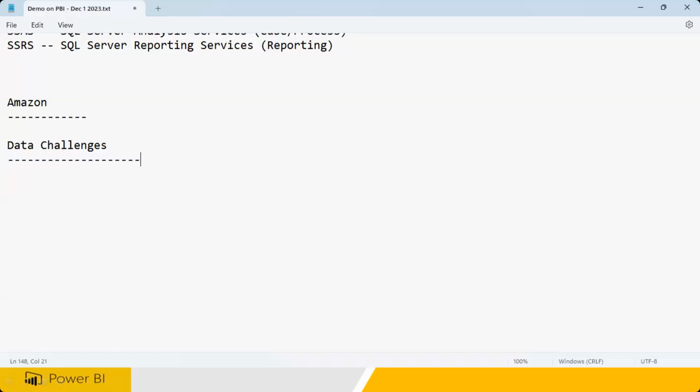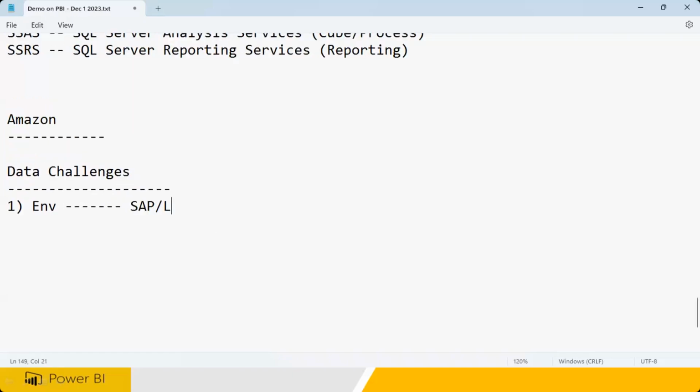So what are the data challenges I'm going to be talking about? The first challenge you will get is that the environment in which the data is available is not a single place. This company will say, I have a SAP server where my data is available. I have Lotus Notes. You don't know what this Lotus Notes is. I have my data in it. I have Java data also available there. I have .NET data also available there. I have some Excel. I have some flat files. You'll go mad,